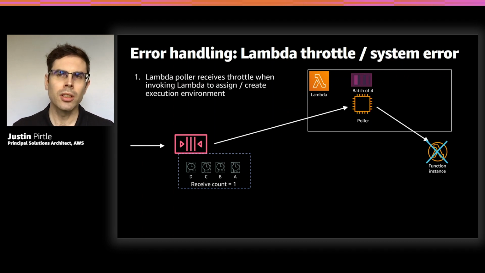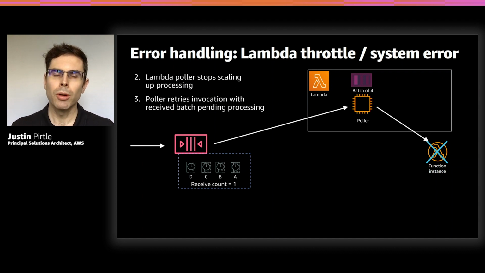Next, let's take a look at how the system level Lambda throttles work with SQS. So in this case, the poller pulls a batch of 4, goes to the poller. The poller tries to spin up the Lambda function instance, but it receives a throttle event back from Lambda because you've hit a concurrency quota. Maybe it's that reserved concurrency you intentionally set on the function. In that case, the Lambda poller stops scaling up, knowing it's already hit its limits, and retries processing the messages that are buffered locally at the poller